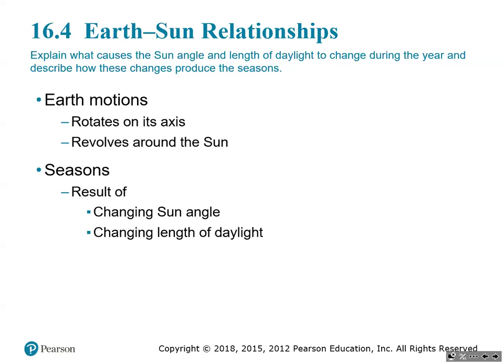It's at an angle, which means the portion of the Earth that's facing the Sun changes throughout the year. So the seasons are a result of the changing angle of the Sun and the changing length of daylight, because the Earth is